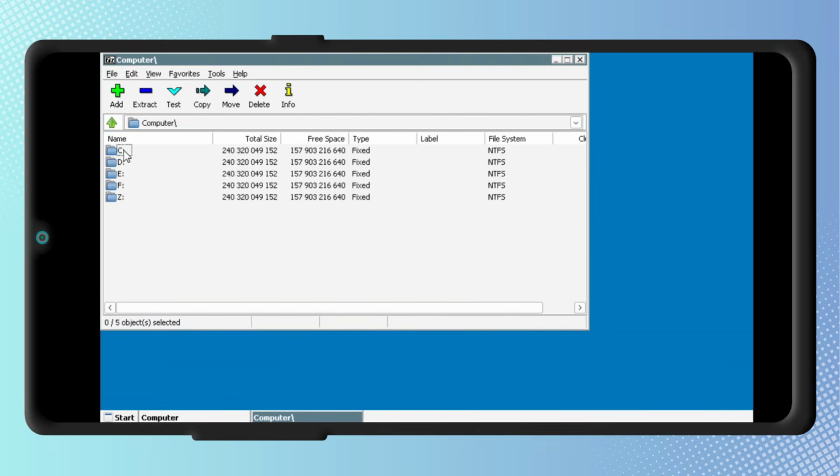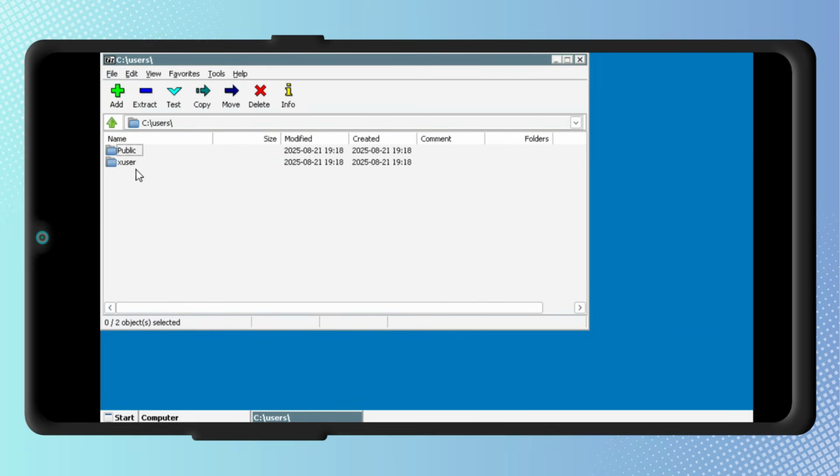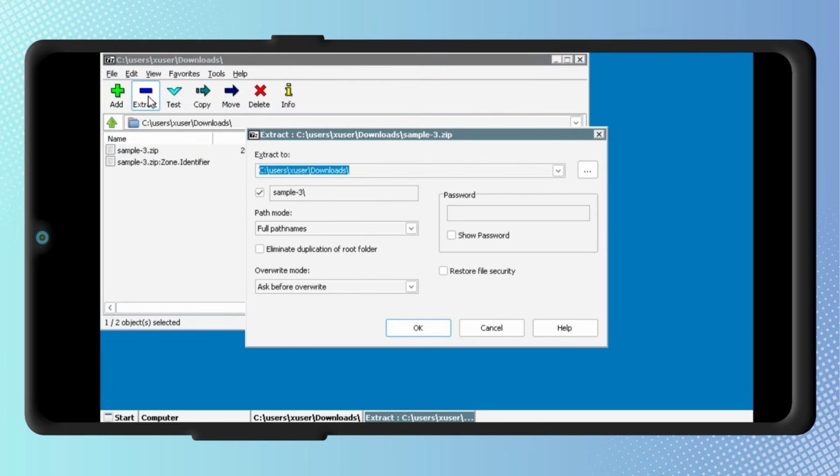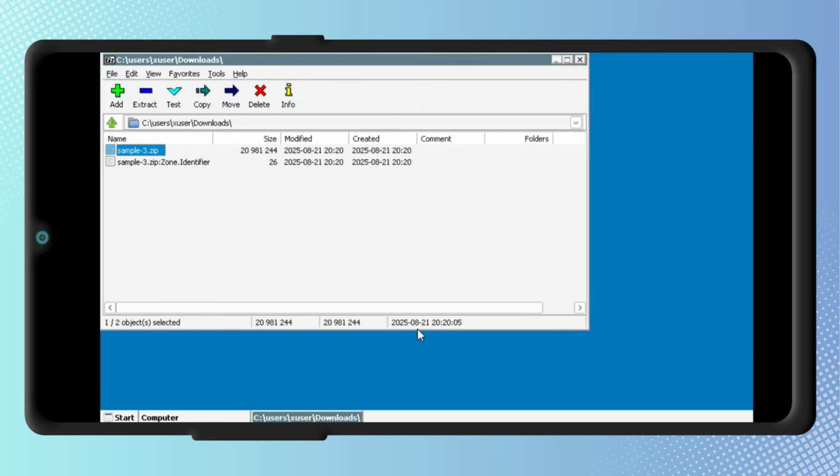Open the zip file in 7-Zip. Select the extract option. The archive will be unpacked into the same folder instantly. This demonstrates that you can easily unzip and manage compressed files with 7-Zip inside Winlator, just like on a regular Windows PC.